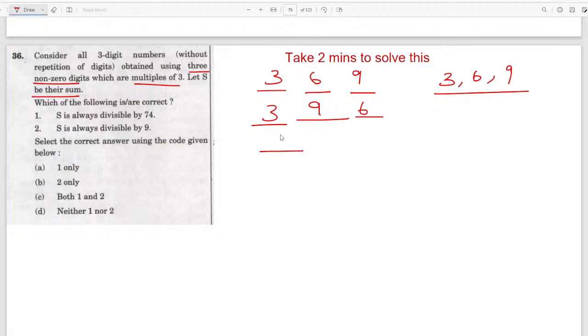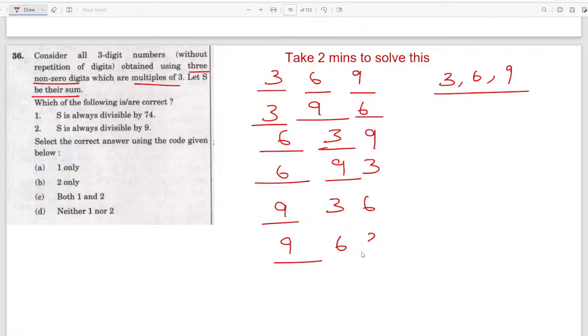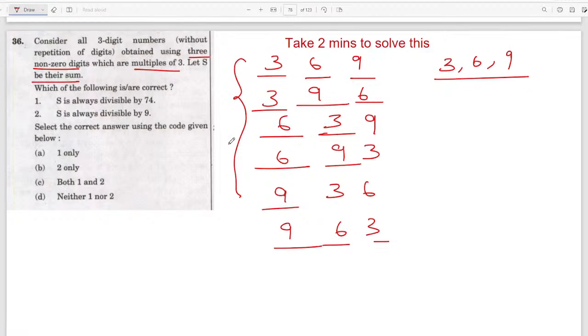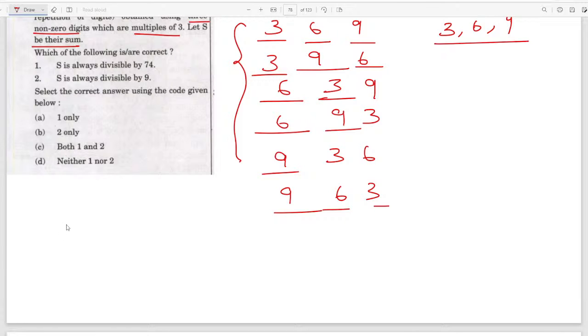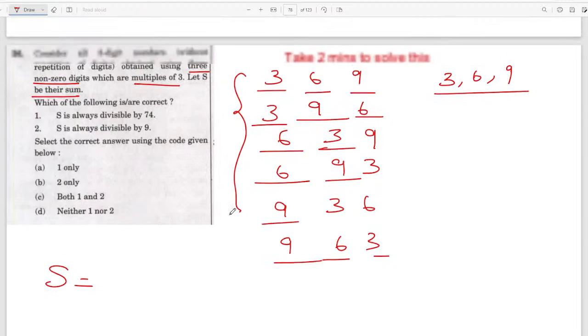And then we take this 6 here, it is 639 and 693. If I take 9 here, this is 936 and 963. These are the 6 numbers. So 369, 396, 639, 693, 936, 963. These are the 6 numbers, and they're asking what is the sum of these numbers. To calculate the sum,